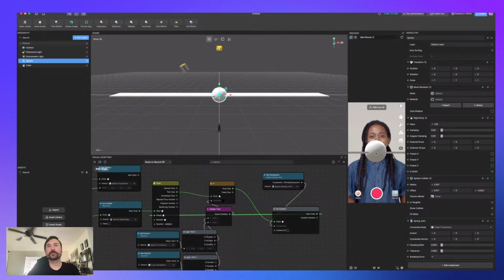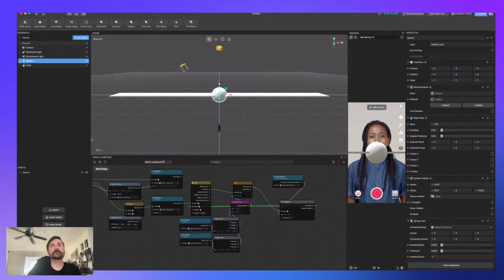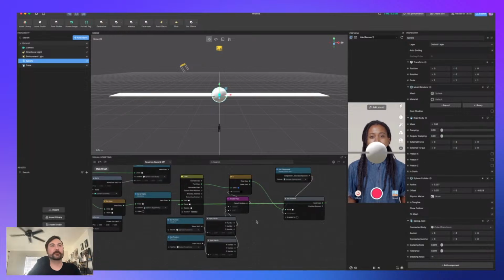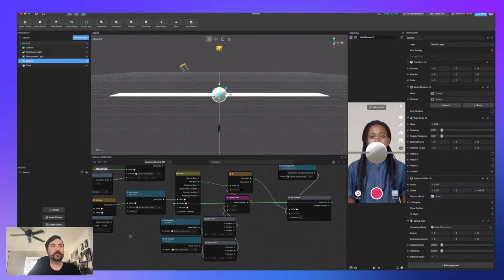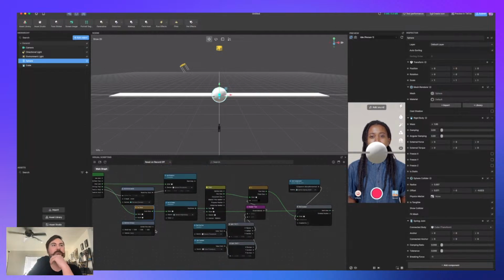So let's check it out. So we grab it, we let go, and it snaps back. We forgot to turn on the static. Okay. So set is static rigid body. I think, did we want this to turn on? Yeah. No. We wanted it to turn off.